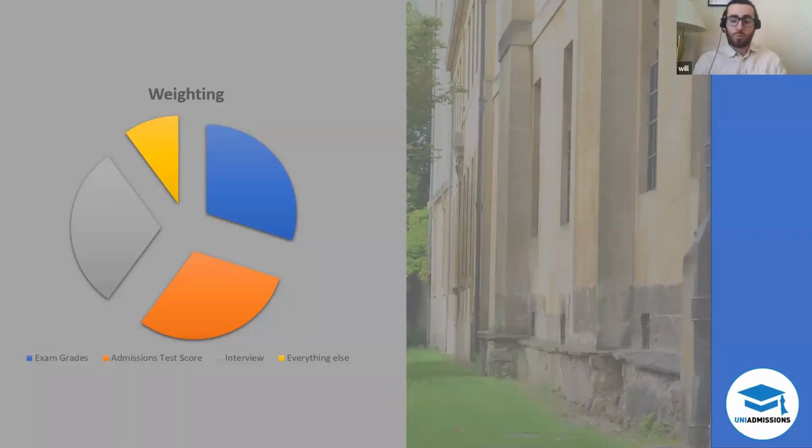One of the key things, one of the main takeaways from any of these open days, if you haven't been, is to try and make sure that what effort you're putting into your application does mimic this weighting. What you don't want to be doing is to be spending 99% of your time on something which only contributes a small amount to the actual decision about whether or not they're going to take you on. So having said that, I'll take you through what these different parts mean. It should be relatively clear from the diagram. But as you can see, the admissions test, the interview, the exam grades, those three make up the vast majority of the decision whether or not to take someone on.